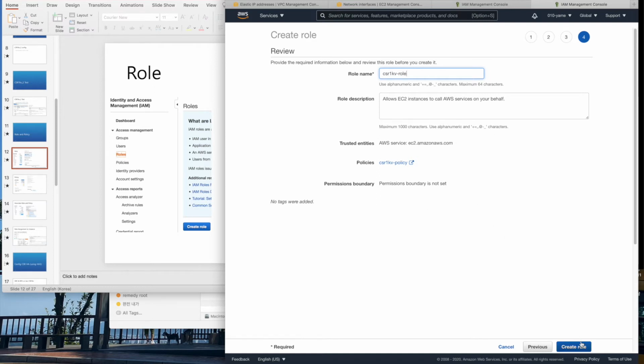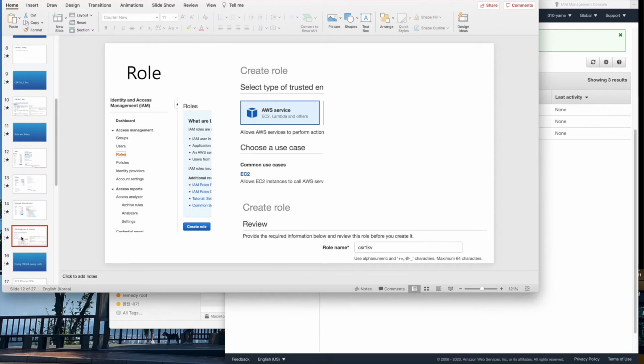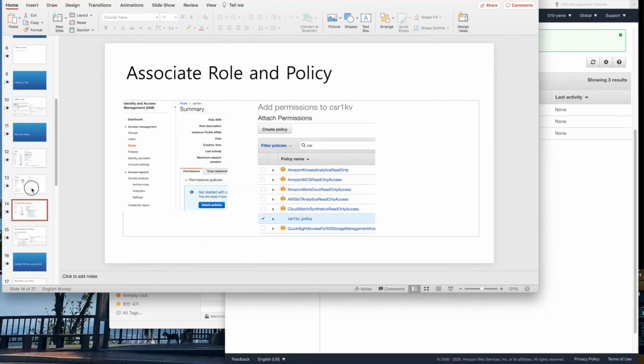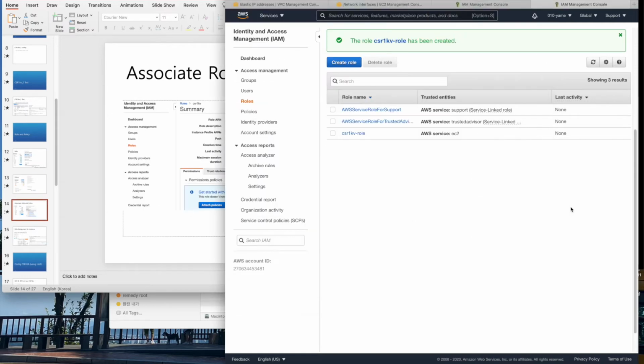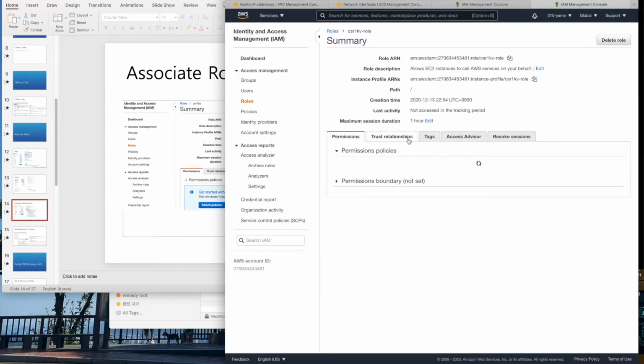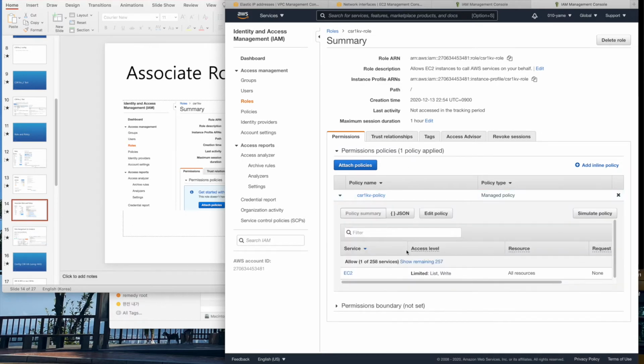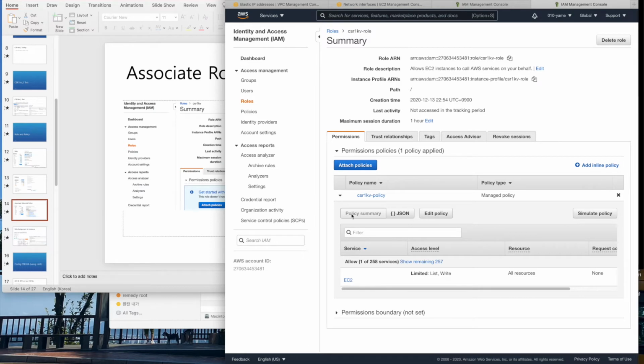Something not smooth, but anyway, I need to create the roles and policies. If you go here, roles, it was attached to this policy. The policy was in JSON, and it's easy to